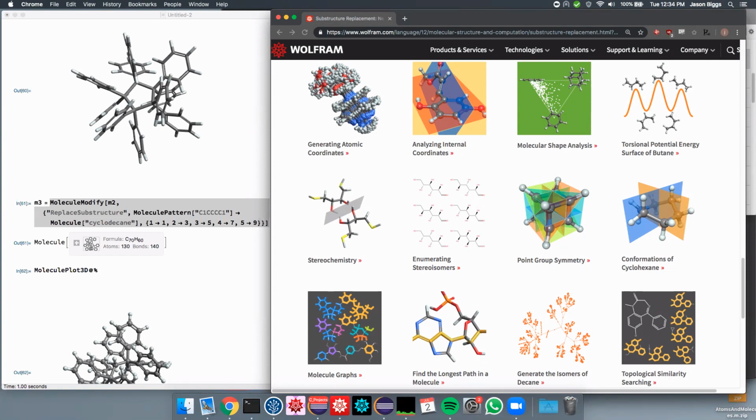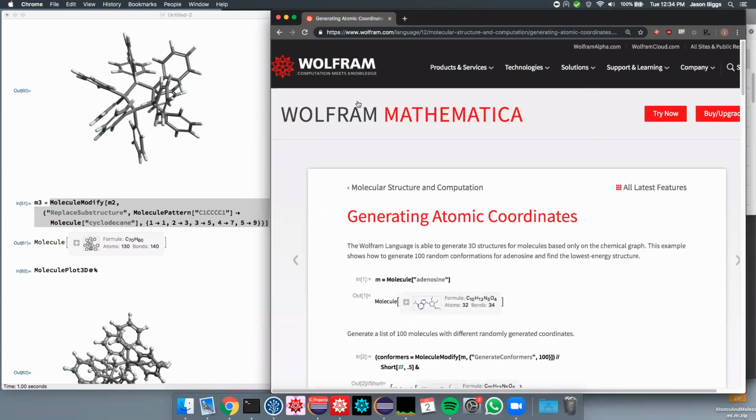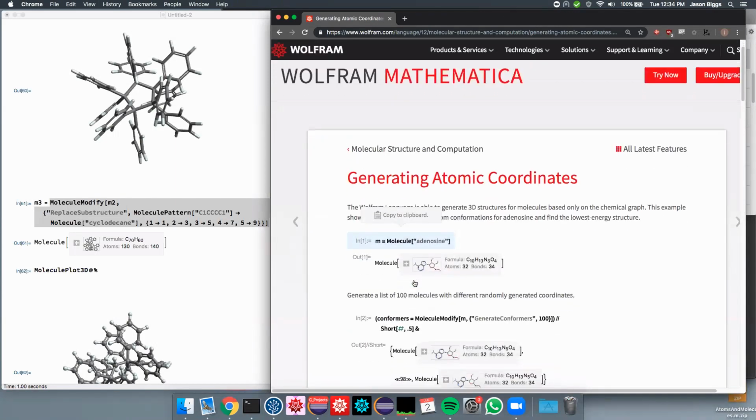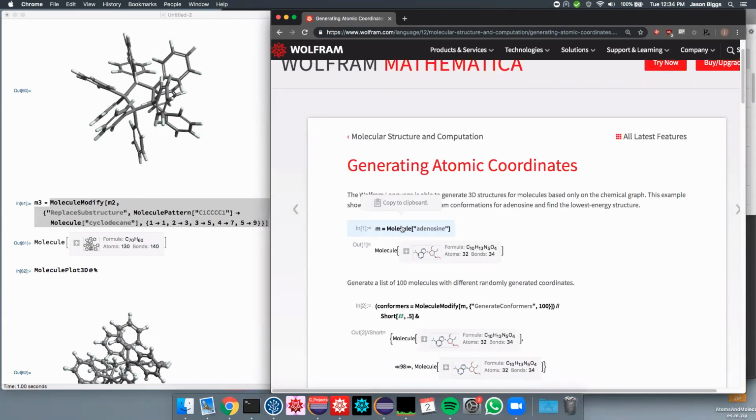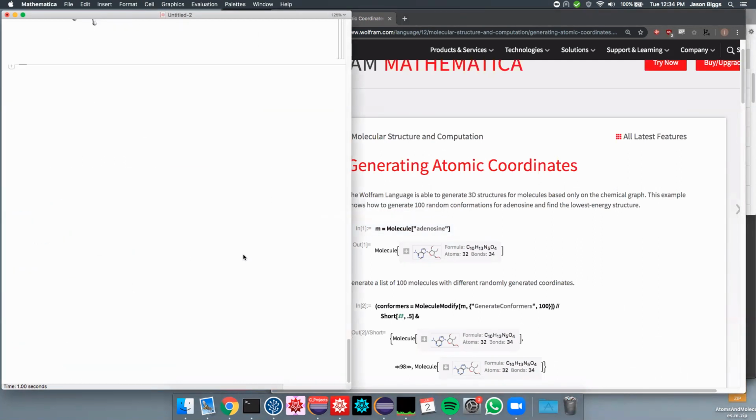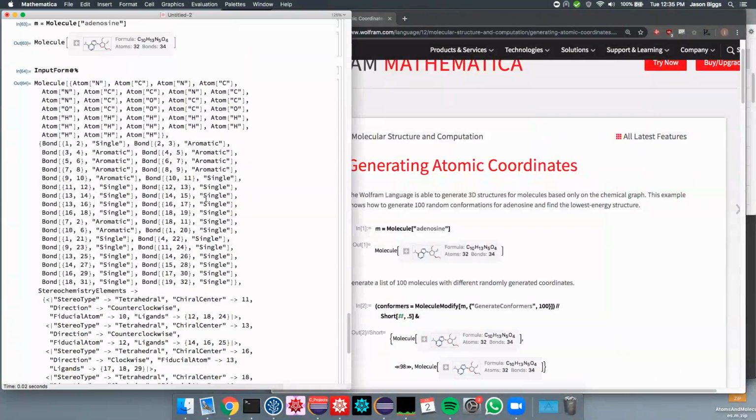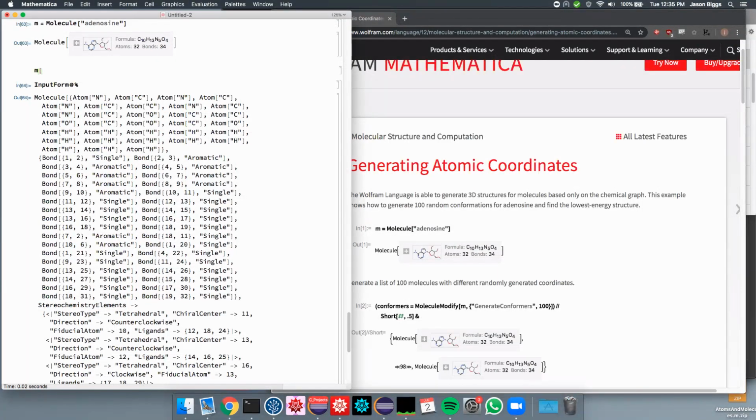Okay, so let's look at the coordinates. We create a molecule of adenosine. This is fairly neat, and I don't want to gloss over the fact that when we create that, it has no coordinates. We started just with the name, and then we created a chemical graph. If we look at the input form of this, there are no coordinates in that. It's got a list of atoms, bonds, and some information about the stereochemistry, but no coordinates. So when we ask for the 3D atom coordinates,